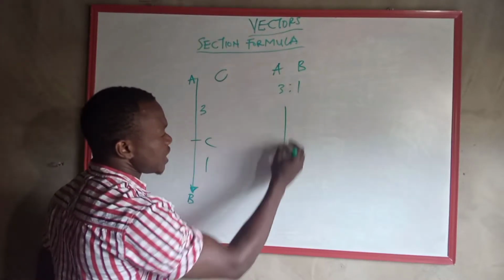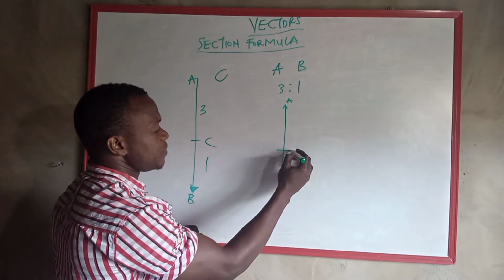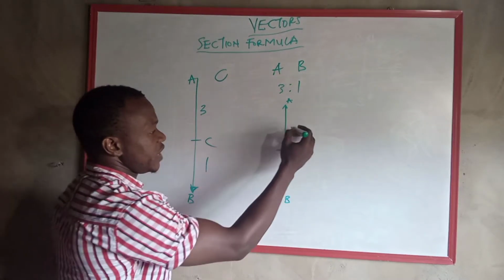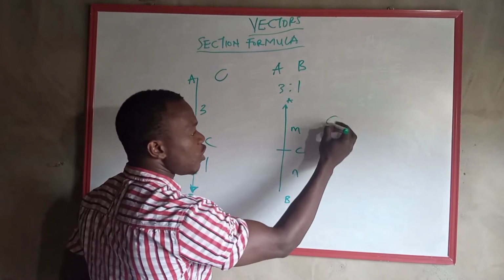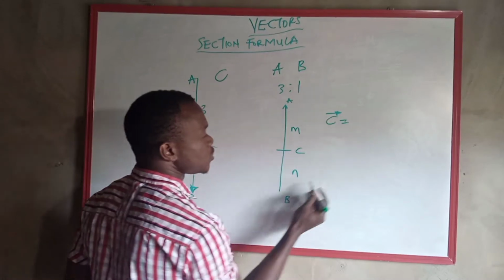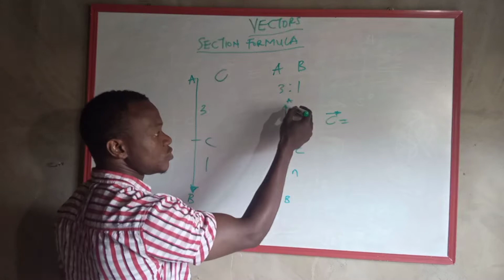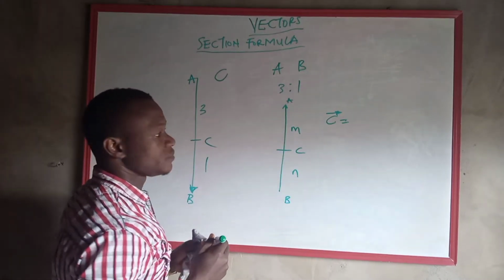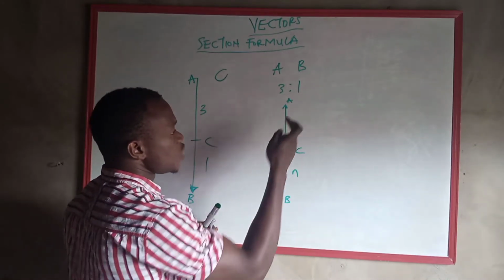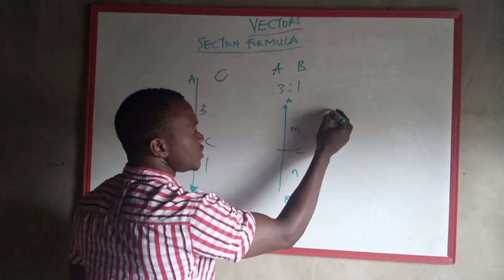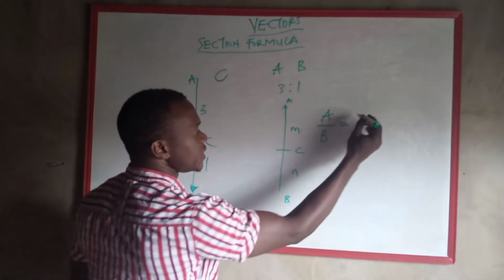Now if we have, for instance, A and B divided by a vector C in ratio m and n. Now the formula for the vector of C becomes our A times our n. You see the n is for B, but we'll take it to A. Now let me just explain how it is being done. What we do here is that we divide A by B equal to divide m by n.